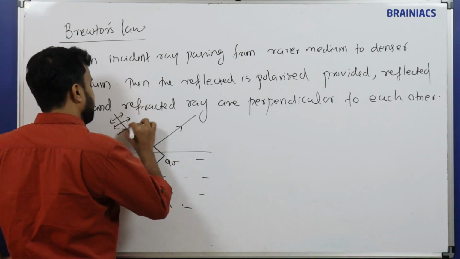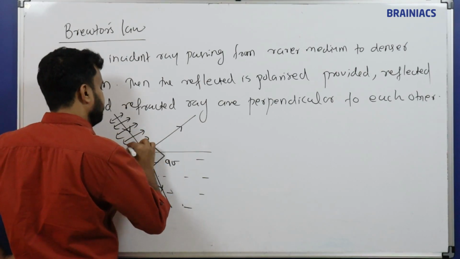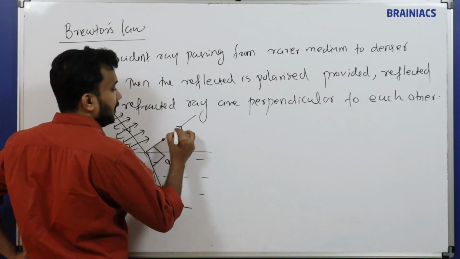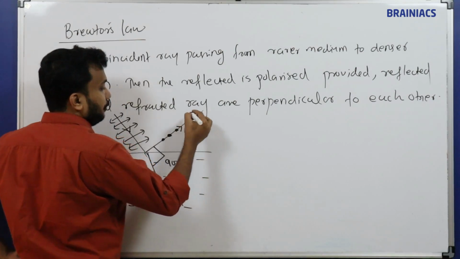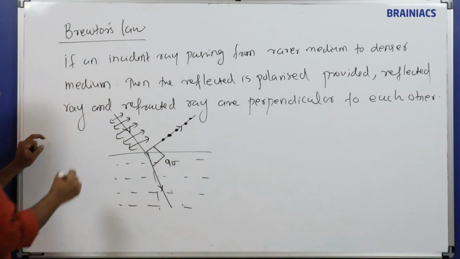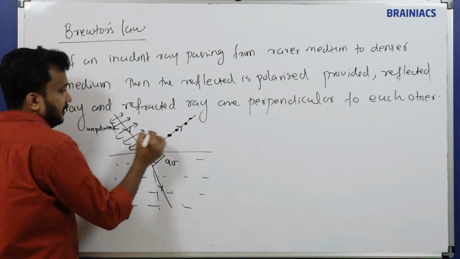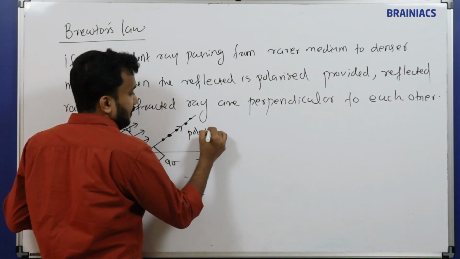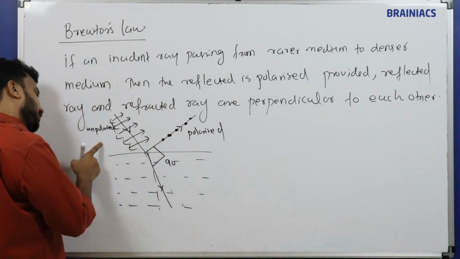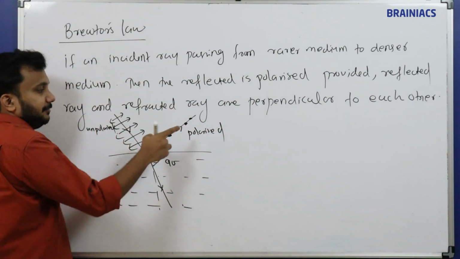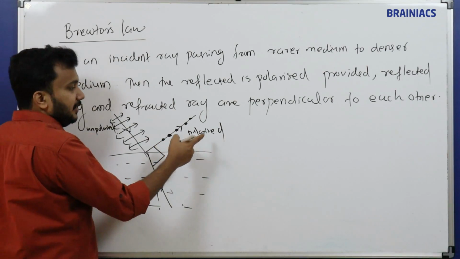Suppose this is the oscillation of the particles. Now the polarization, normally we put a dot. This is a polarized wave. This is unpolarized. They are unpolarized, but this is polarized. Now, a light wave traveling from a rarer medium to a denser medium, the reflected ray will get polarized provided the reflected ray